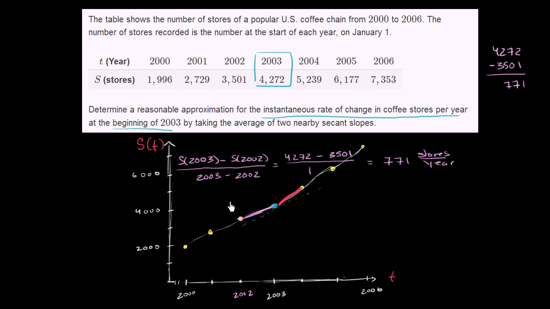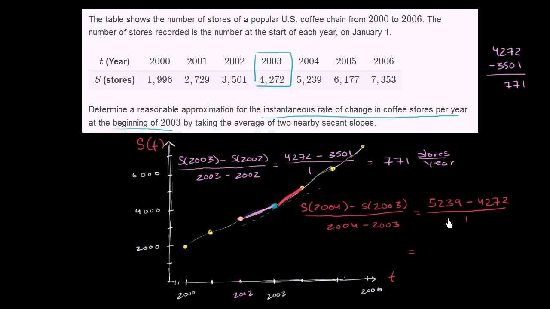Now let's do the same thing for this red secant line between 2003 and 2004. The slope of that secant line is going to be the number of stores in 2004 minus the number of stores in 2003 over 2004 minus 2003, which is equal to, let's see, they had 5,239 stores in 2004. They have 4,272 stores in 2003. And then only 1 year changes, so 2004 minus 2003 is 1. So this is equal to, I'll do the subtraction problem up here. So 5,239 minus